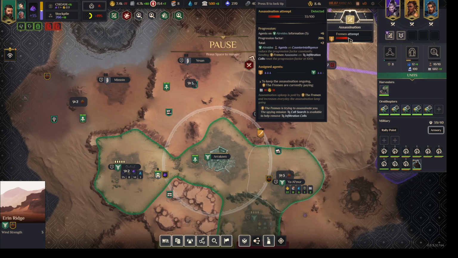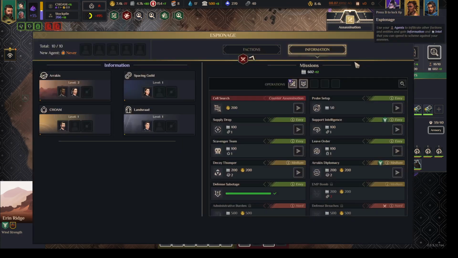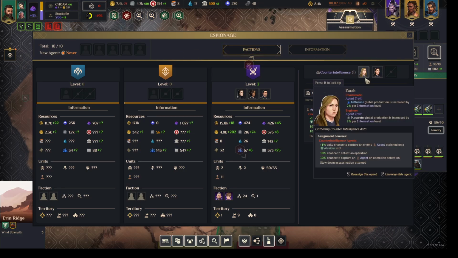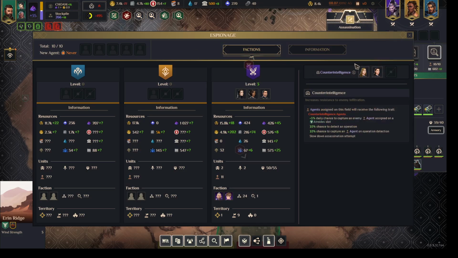Then the important information that we're looking at here is really the progression factor in the middle that says 29% currently. So the progression factor starts at 100% and declines over time if the target has agents on counterintelligence. If it's at 100%, the assassination attempt progresses over time at the maximum possible speed. If there's anyone at all assigned to counterintelligence, that is in the faction area on the right-hand side here, so this is you putting your agents on counterintelligence to protect you